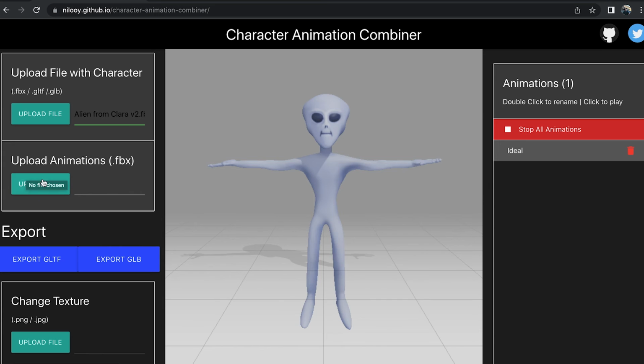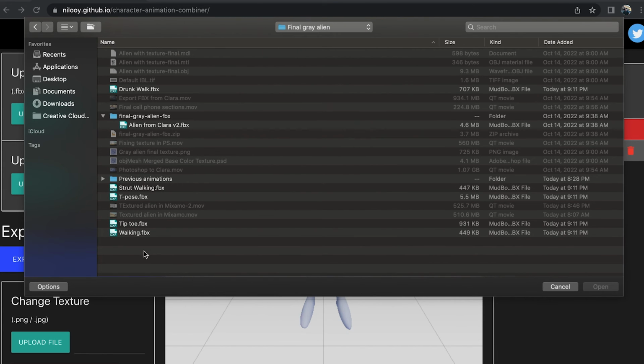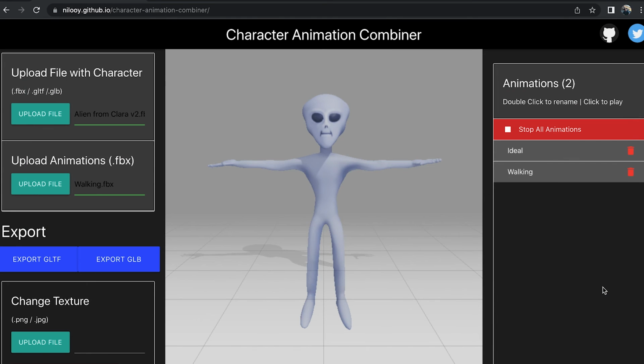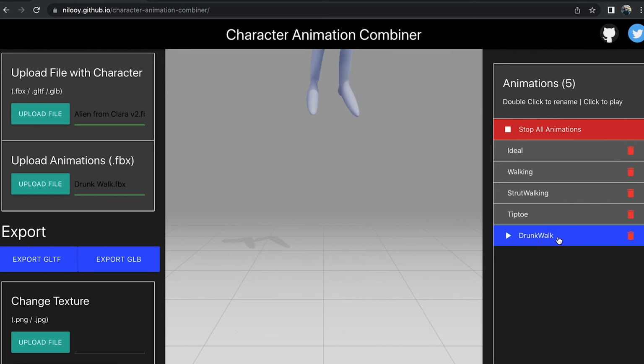So I choose upload animations up here. It's in the final gray alien file. And here's the different ones. So I've got the walking one that we did. All right. And then I'll just keep uploading these files. Now let's make sure all of these are working. So if I choose it, I